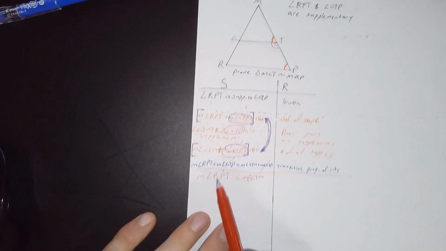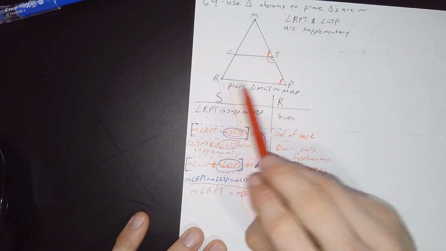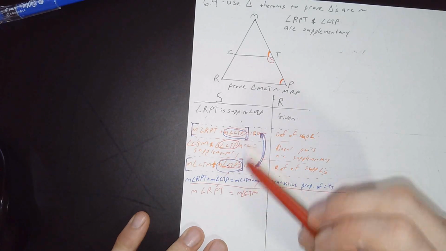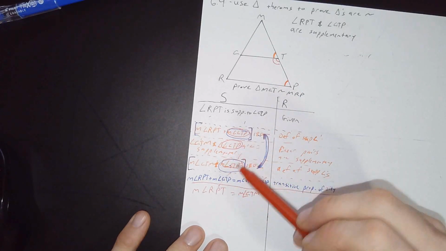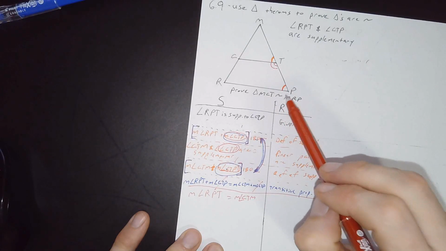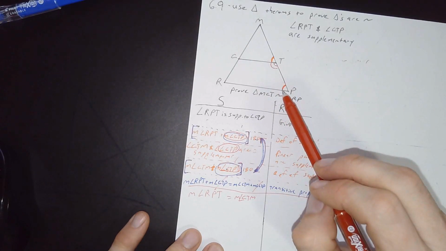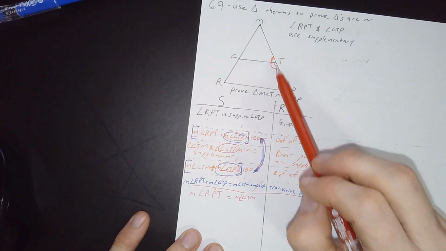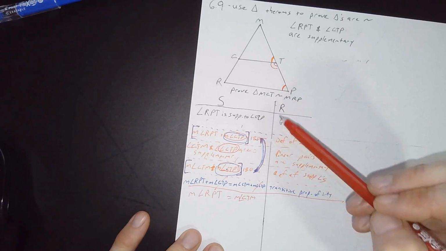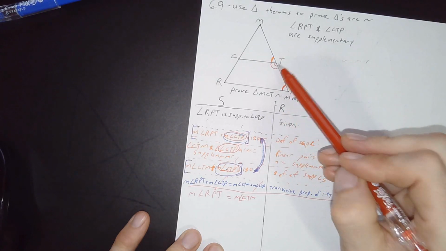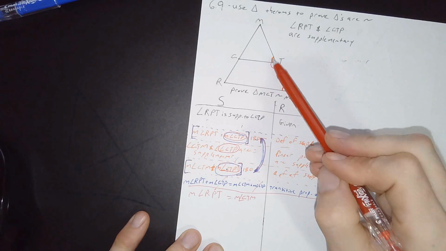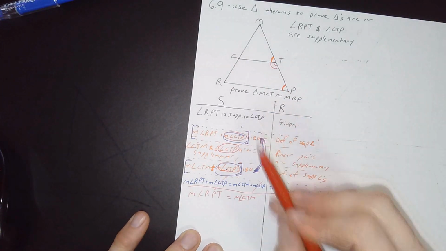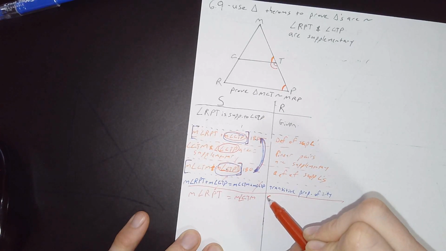Right? So now that I was able to get rid of those, I was able to say that those are equal to each other. But how do I actually say it with the words? I know those are equal to each other, but I need to get rid of that angle, CTP. I need to get rid of that algebraically, and that's how I did it, because of the transitive property. This was common between both of those, so I set them equal to each other, and I subtracted that from the middle. And then that was the substitution, or the subtraction